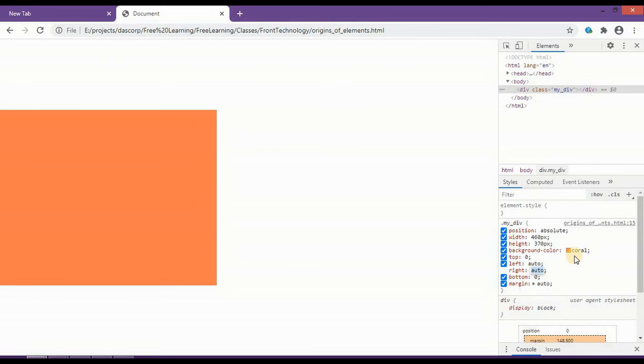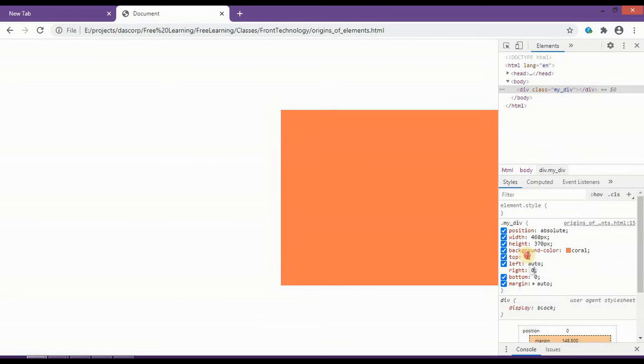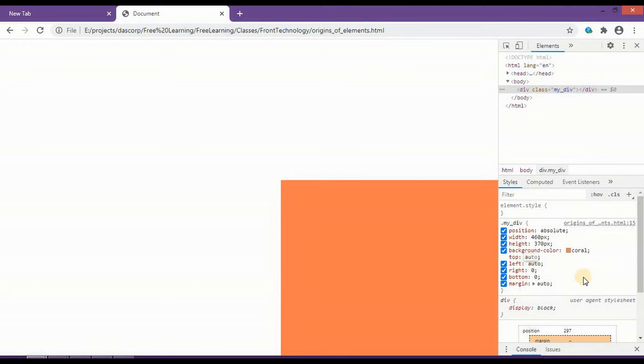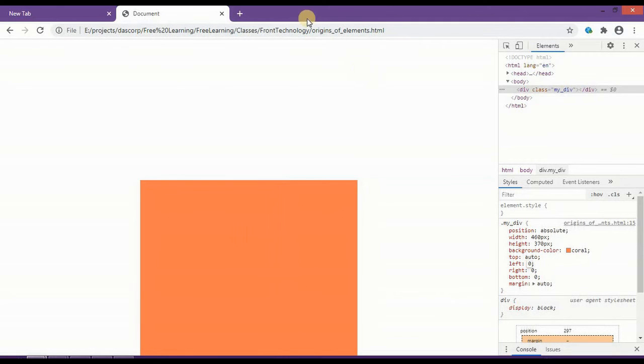Now same thing we can do with our top and bottom also. So let me provide top to auto. Now as you can see, you can make it go to a right bottom kind of area. Now let me change this left from auto to 0. Now our div element is always in the bottom but in the middle, which is horizontally middle area. So this is kind of stuff what we can really do.